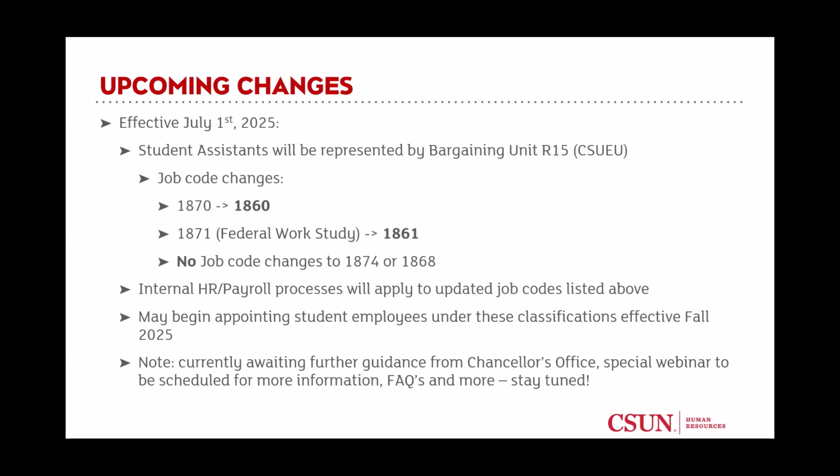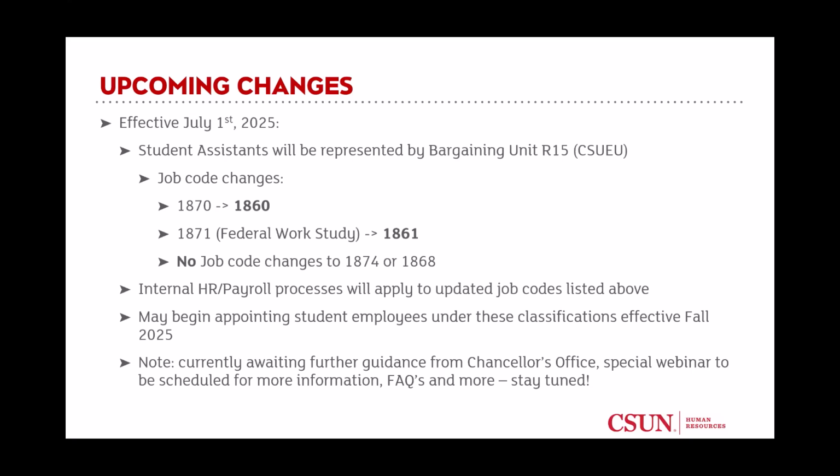So stay tuned for more information on that. As far as summer, this will not be applicable just as of yet, even though I'm mentioning here July 1st. We are rolling this out to have the department start hiring the student employees under these particular classifications effective fall 2025. Students who are kept active as 1870 for the summer months due to halftime enrollment won't be switching over to 1860 as far as I'm aware. They'll remain as 1870 until it's time for the August pay period and we revert everyone back. At that point, we will start using the new job codes.